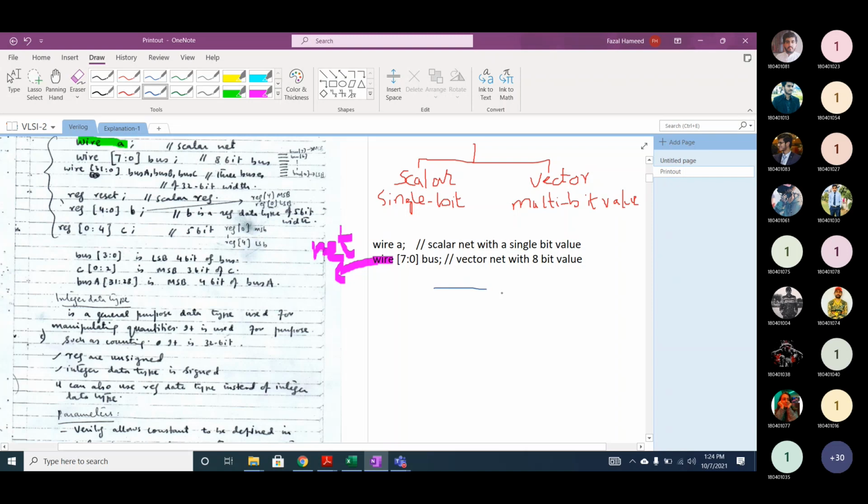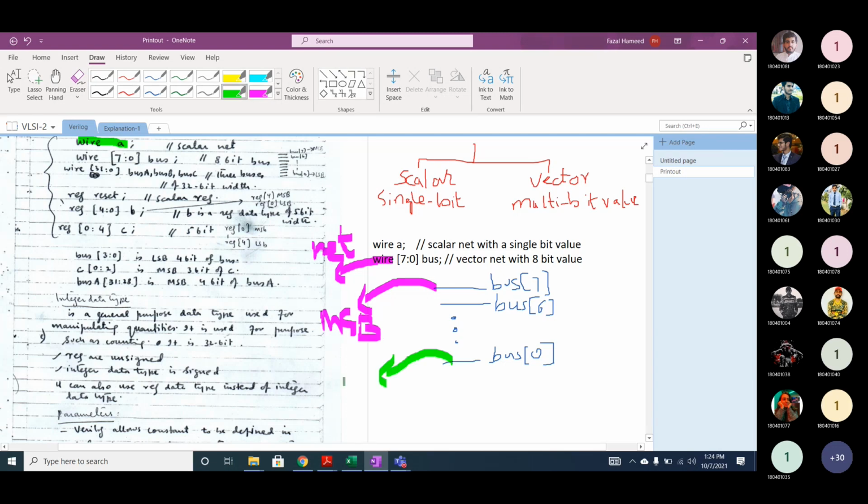It means that there are 8 signals starting from bus[7], then followed by bus[6], and it will go until bus[0]. This bus[7] is the MSB, the most significant bit, and bus[0] is the least significant bit, that is the LSB.